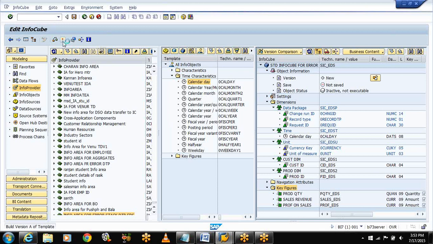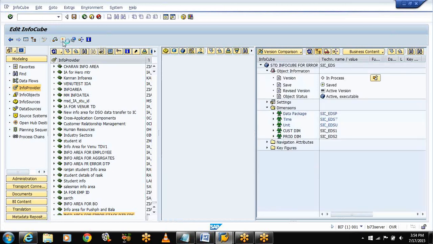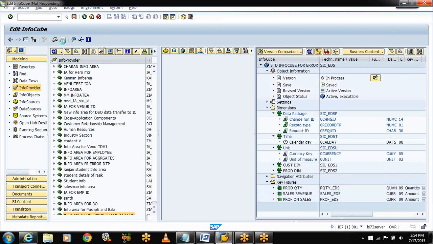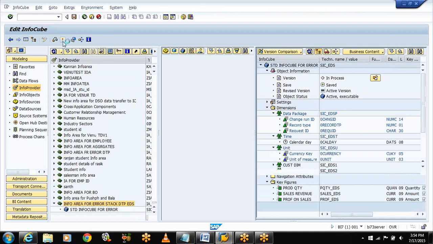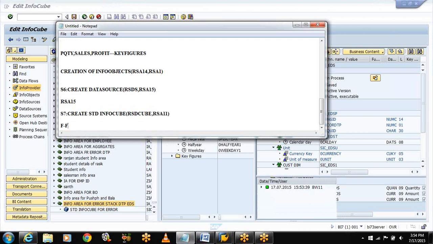Now the system will generate the fact tables and the dimension tables: 2 fact tables and 3 system defined dimension tables, and 2 user defined dimensions. Okay. The fact tables are the F fact table.